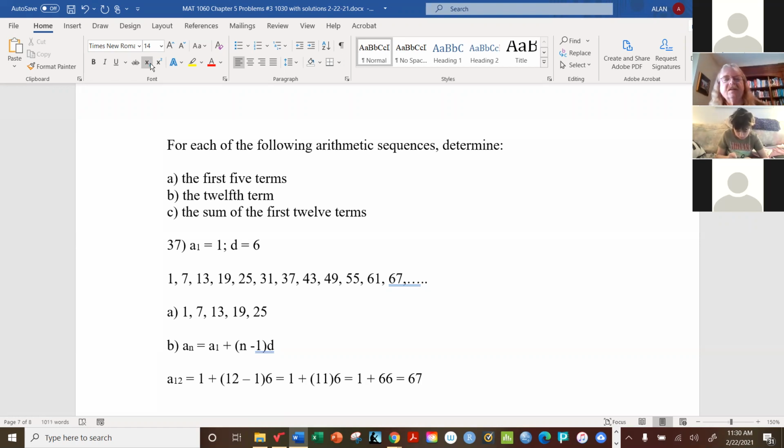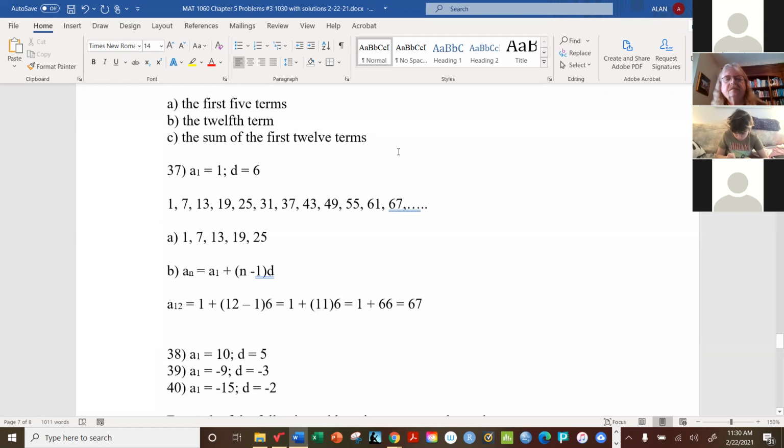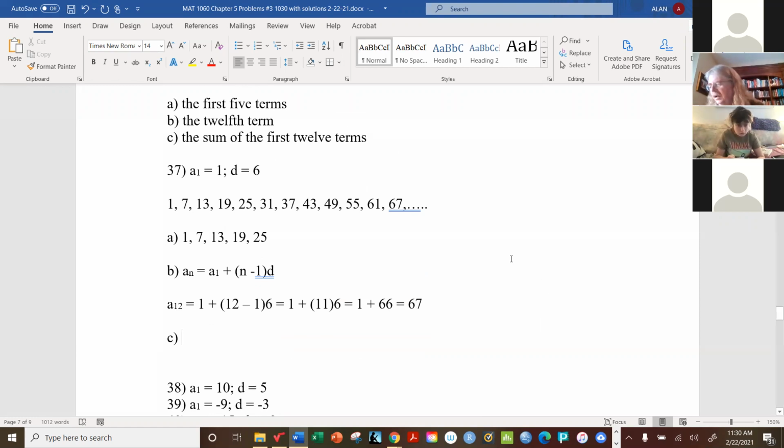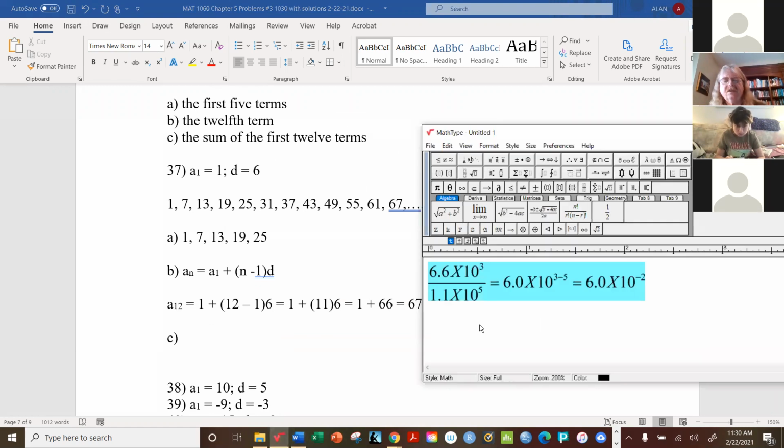And it is in fact 67. And then for part C, we're looking for the sum of the first 12 terms. Now this you do not want to do manually if you can avoid it. That's why we have the special formula, which is S sub n